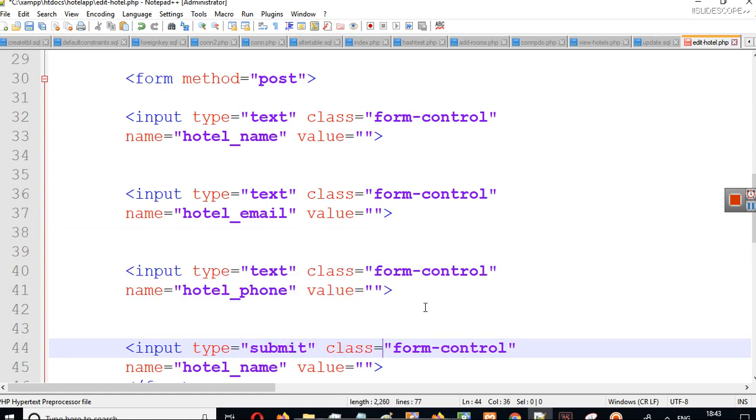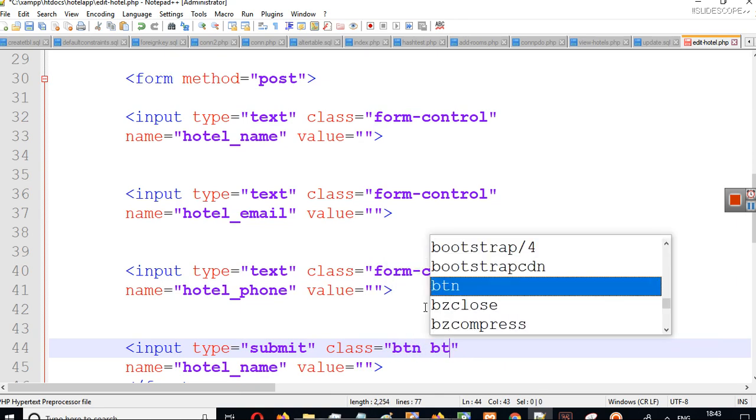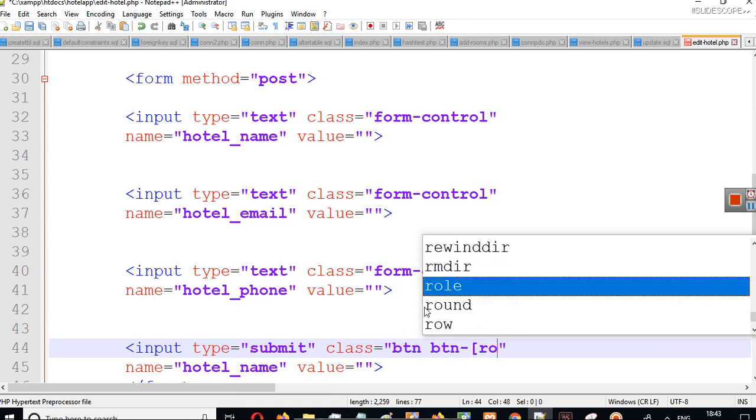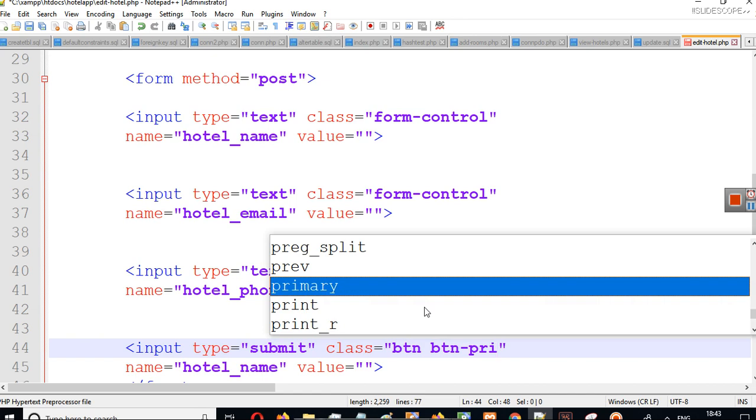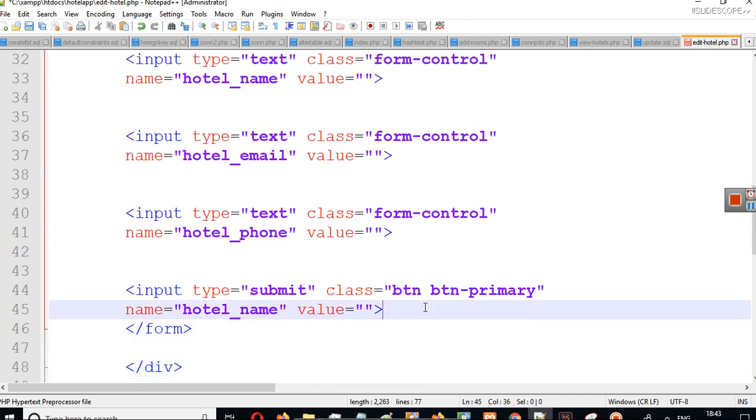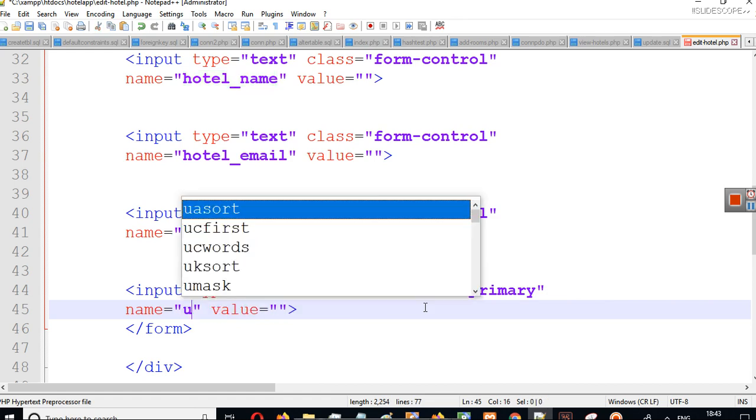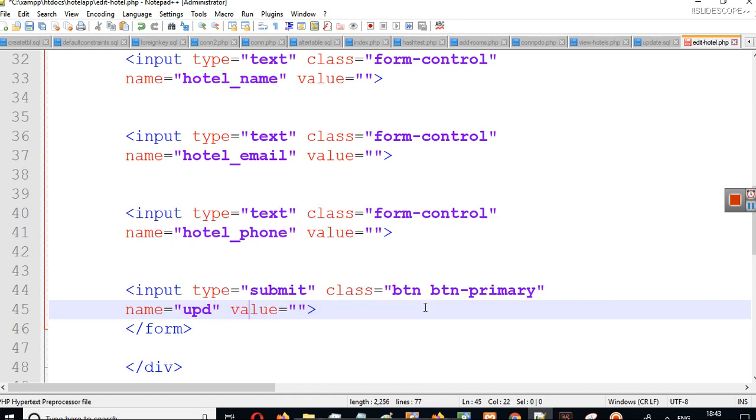Class will be btn primary, and name will be update. So I will call it upd, and value will be update.